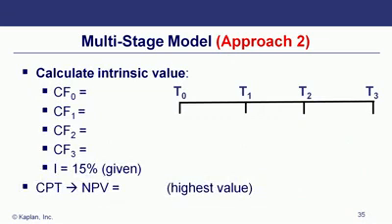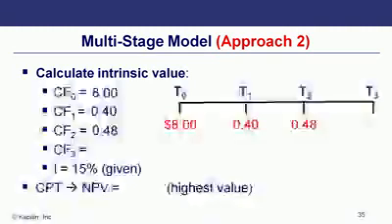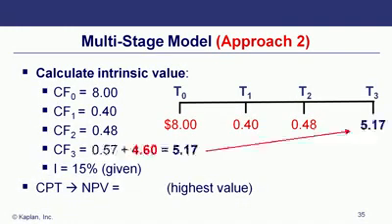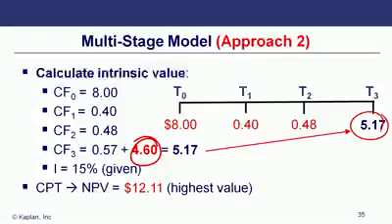So let's take a look. We start with our $8 in book value per share, and right there in the beginning, we put in our first 2 years of residual income. Then we have our third year where we add our $4.60 to perpetuity. That gets us to a last cash flow of $5.15. We put it in our calculator at a 15% required rate of return. We calculate our MPV. Notice it's our highest value at $12.11 versus the lowest value that we saw when residual